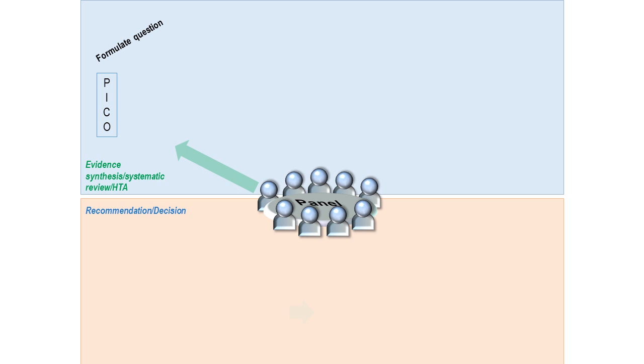Before searching for and synthesizing the evidence, it is important to really clarify the question. This is done by formatting the question in a PICO, meaning the question should ask about an intervention compared to another intervention, for whom and with what effect. So the P for population is the who, I is for intervention, C is for comparison, and O is for the outcomes or effects. For example, should treatment A or B be used in women aged 30 to 55 to